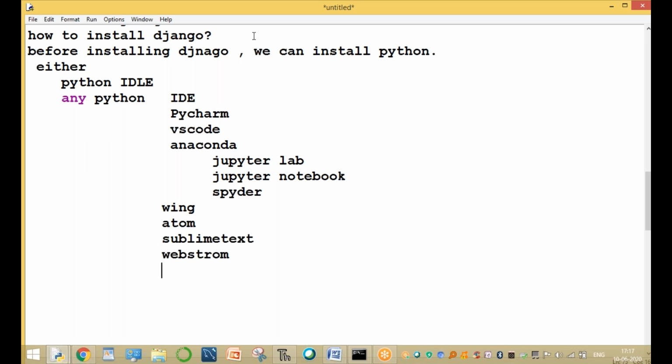You can install any one, or the latest, Thonny, is also a different option. Install any one IDE first.